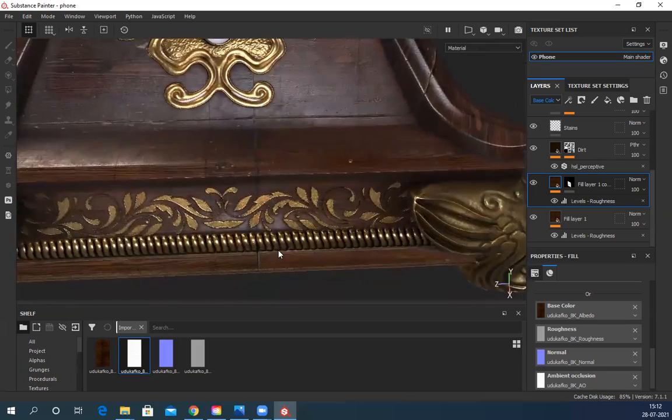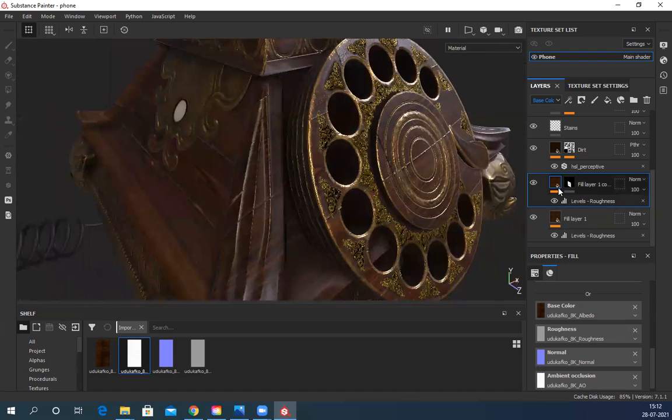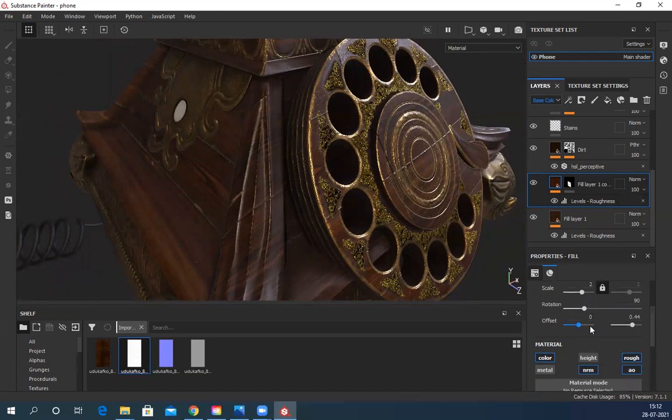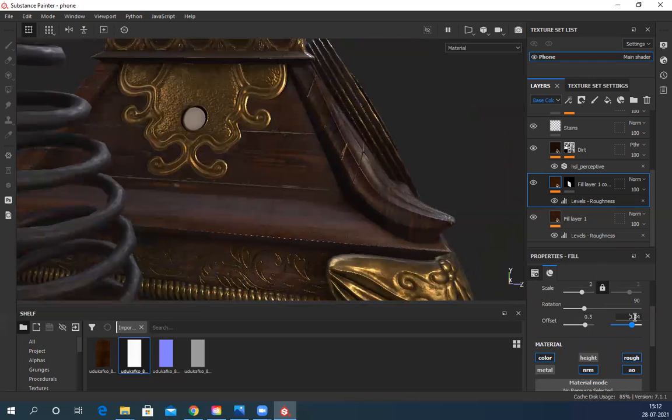And this one, I feel this cut mark doesn't look very nice here. So what I'll do is I'll just change the offset slightly, maybe 0.5 or something. Still nothing changed.